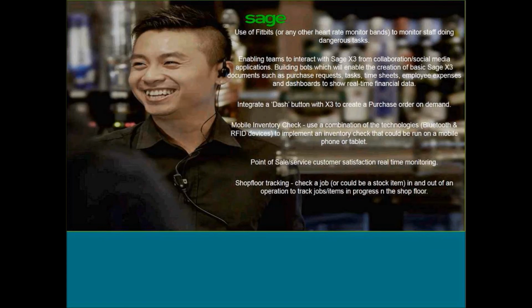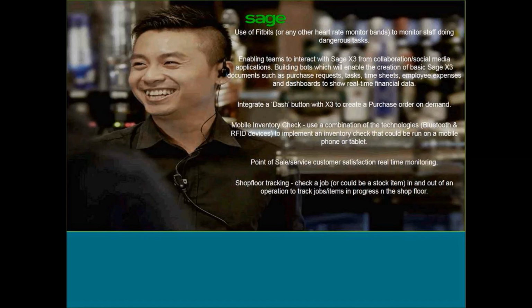In terms of Sage X3 itself, being able to use social media and build integrations using bots to enable all sorts of different processes within X3 itself, monitor timesheets, etc., and also be able to report real-time financial data against some of those processes.